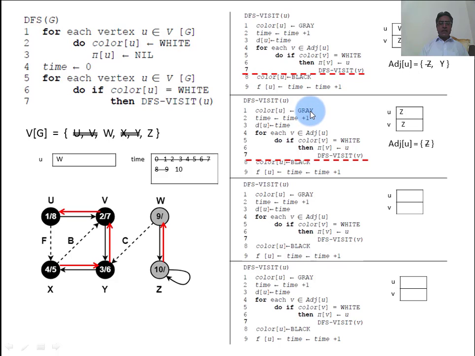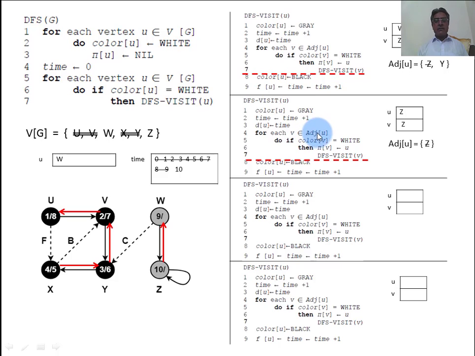Color of U is gray, so the color of Z has become gray, and time is 9 plus 1 is equal to 10. This new time of 10 is the discovery time of Z, so discovery time of Z is 10.